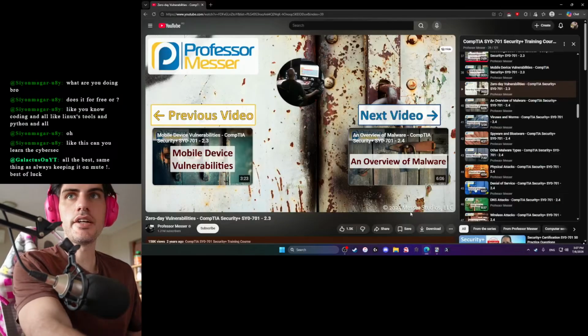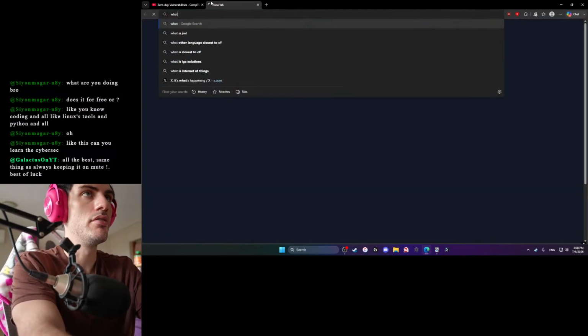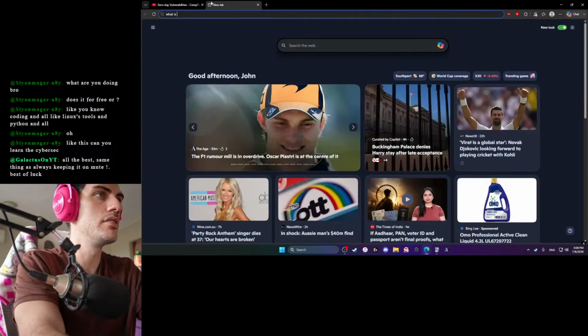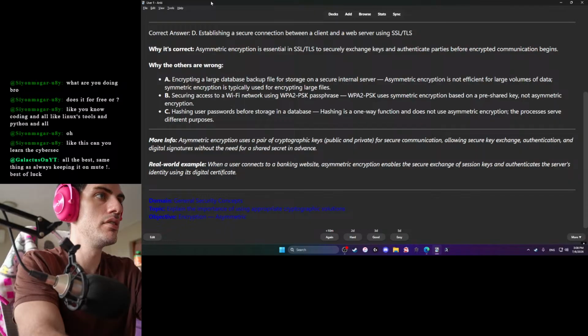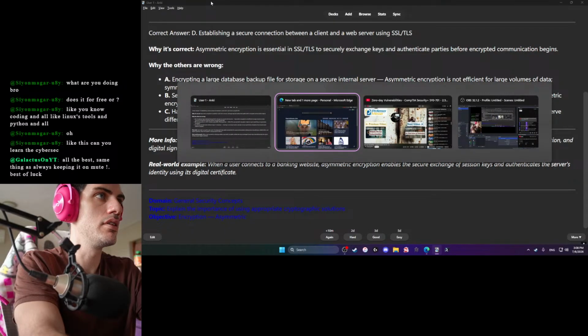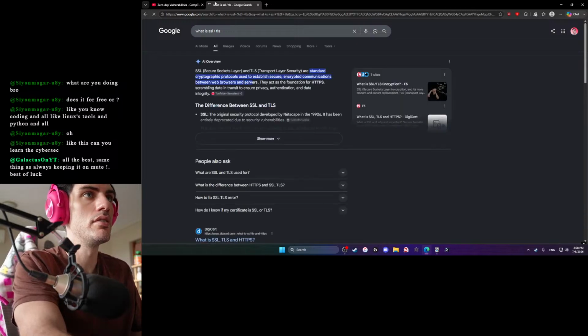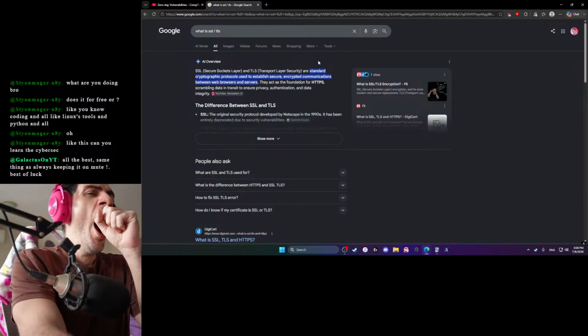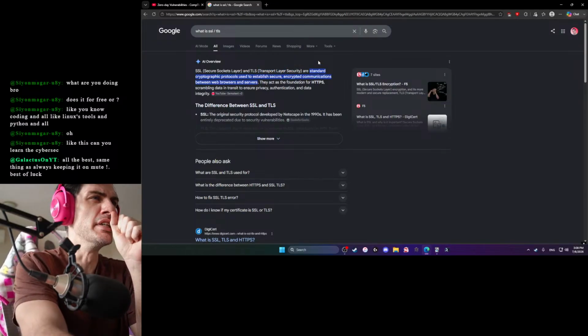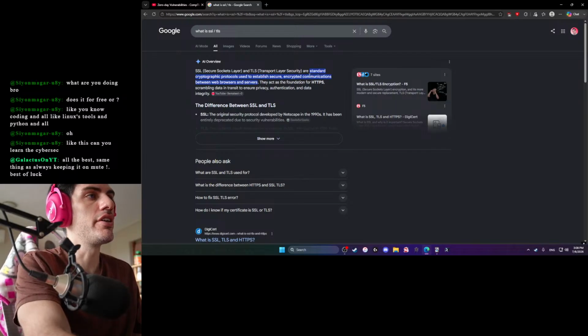Let's check. What is SSL/TLS? I forget what that is. Secure Sockets Layer and Transport Layer Security.